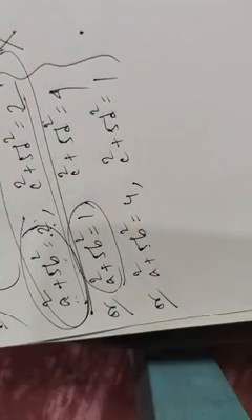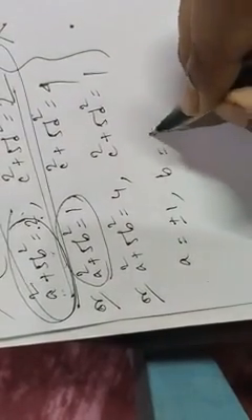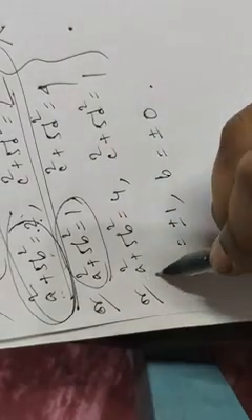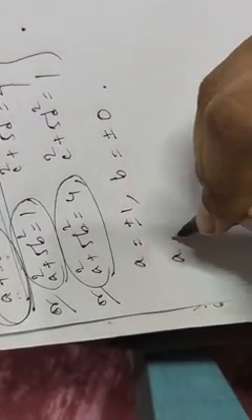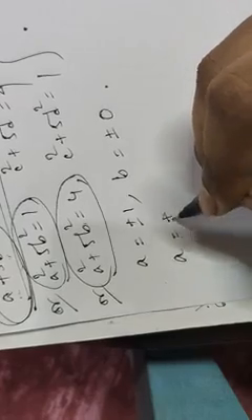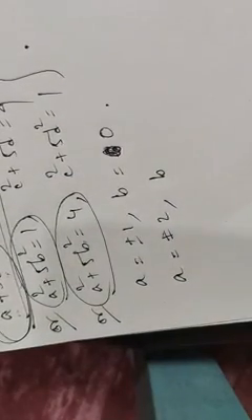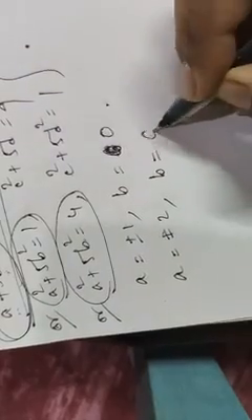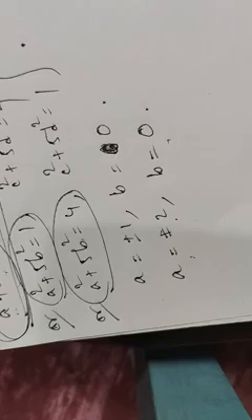What can be the values for a? Whenever a square plus 5b square equals 1, a can be plus minus 1 and b can be 0. These values are possible there. And next, from the third condition, what values can a and b take? a can be plus minus 2 and b can be 0, since 0 obviously has no sign. So a can be plus minus 1 and b can be 0, and a can be plus minus 2 and b equals 0. These are the only possible values.